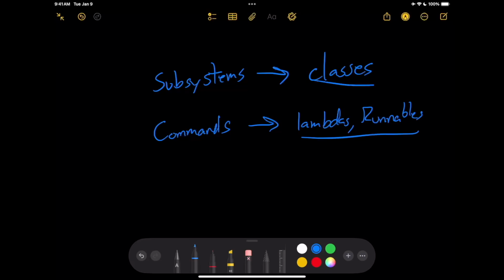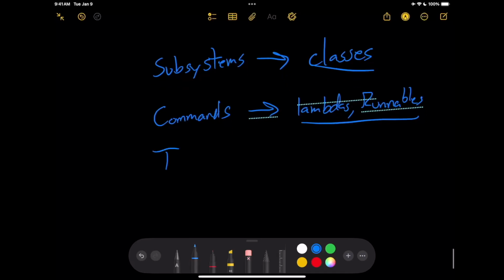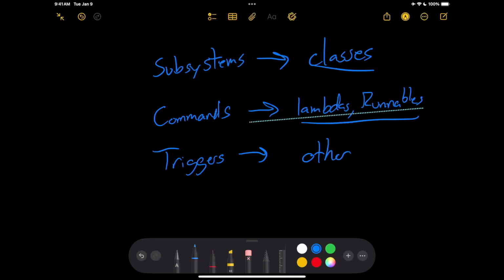Just know they're different from classes, although not really, because in Java, everything at some level has to be a class. And then you've got triggers, which are, I'm just going to call them other for now, because they're not classes. They're probably closer to lambdas, but they're more like methods than anything. So you'll be making subsystems, and then these two, the commands and triggers, these are going to live primarily in